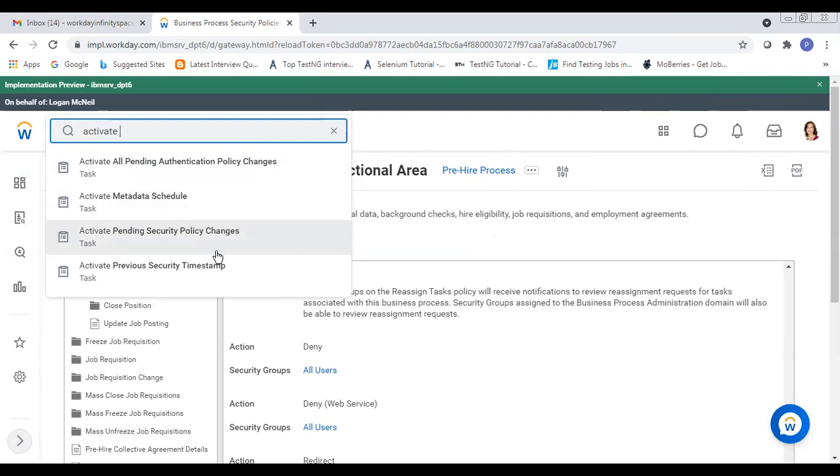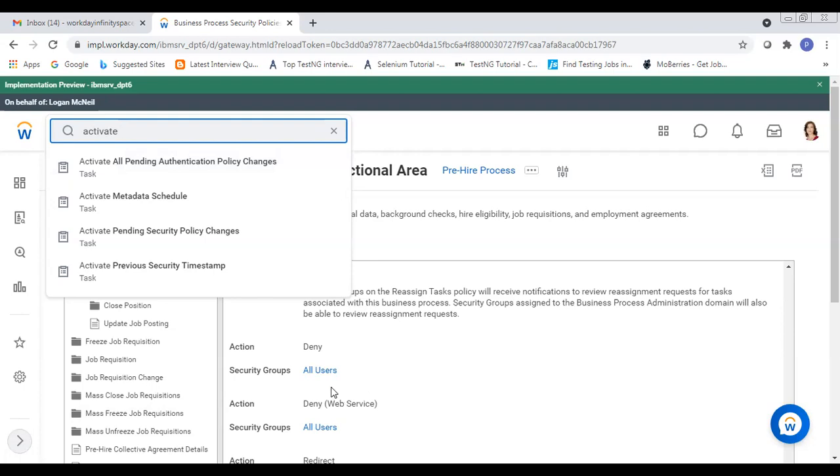Until we activate them, it will not work. Remember this.